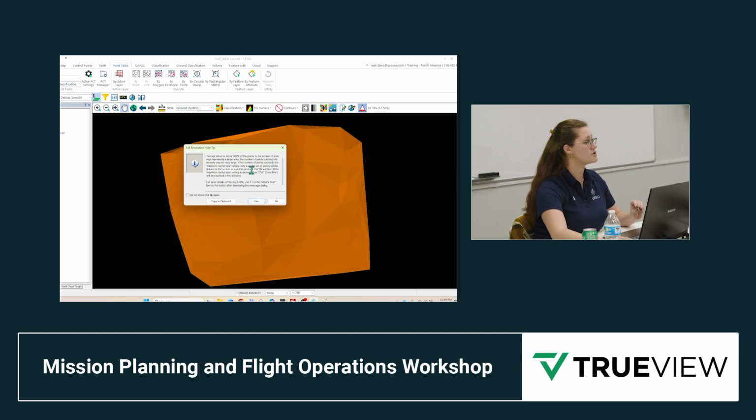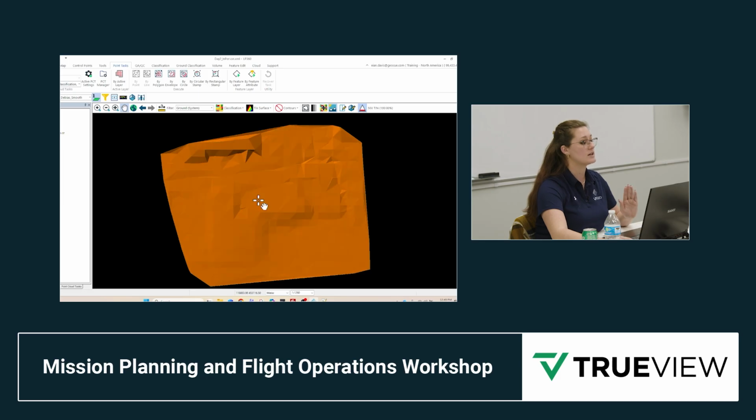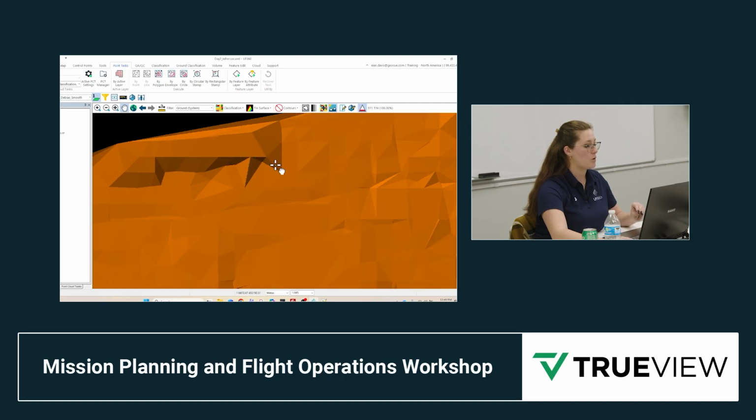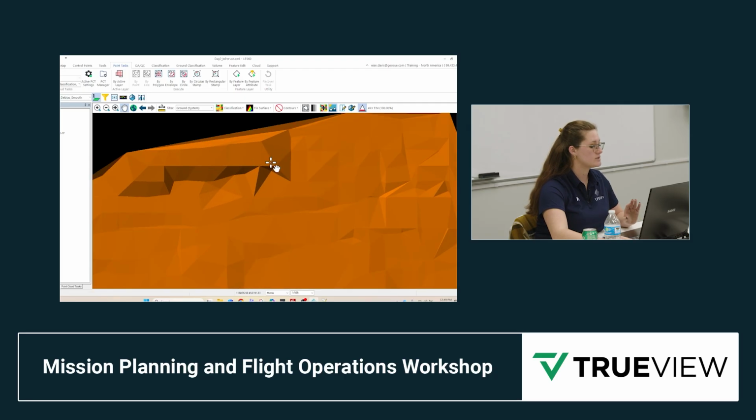So if you're viewing a large area with a lot of data, this will not work. But we're only viewing a small portion of them. Okay. I want you to take note of this weird angular shape up here at the top. This is where we are getting that building in our point cloud. So instead of doing my profile view like I did a moment ago, I can actually